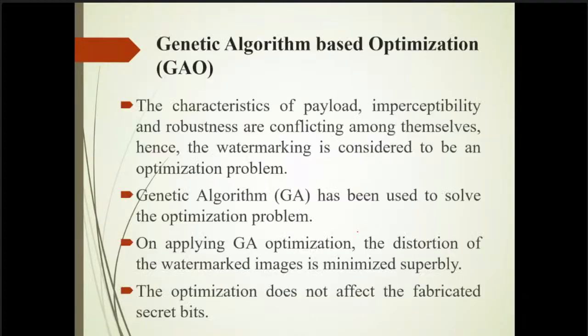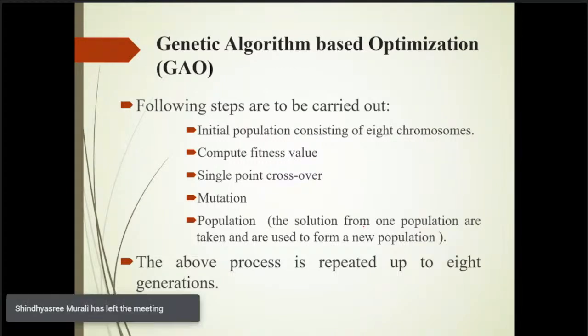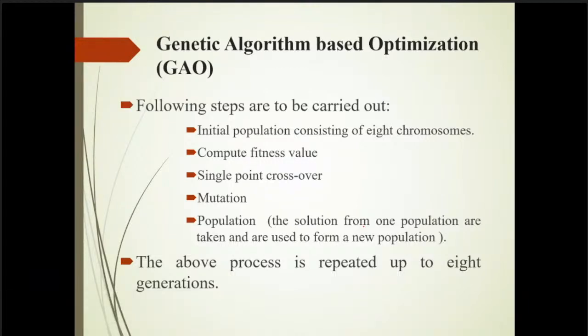Now we are using the genetic algorithm for enhancement also. How are we using the genetic algorithm? These are some of the parameters, but suppose I am telling you that first 3 LSBs I have embedded. So I cannot touch these 3 LSBs. I cannot touch these 3 LSBs. So the remaining 5 bits are available for me for adjustment. So these 5 bits we shall use for the genetic algorithm to be applied here.